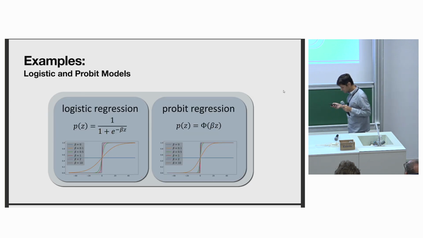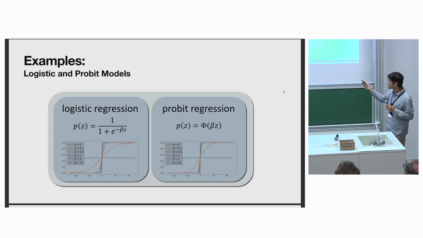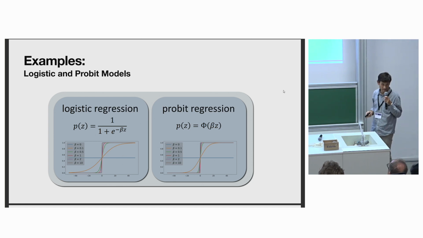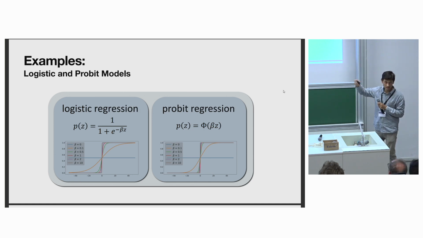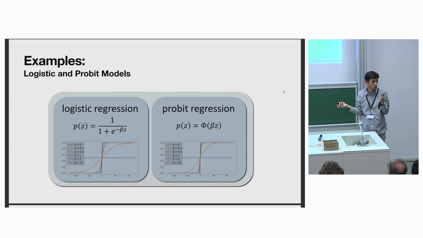So for this binary case, it's pretty well motivated. There are a large number of classification models, and these two are probably the most popular. Logistic regression, where p(z) is given by this sigmoid function, as you all know. And for probit regression, which is a similar model, the link function of the GLM is given by the error function, or the Gaussian CDF. So these two are popular examples of the model that I'm considering.